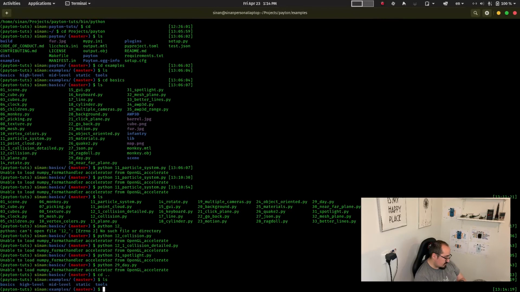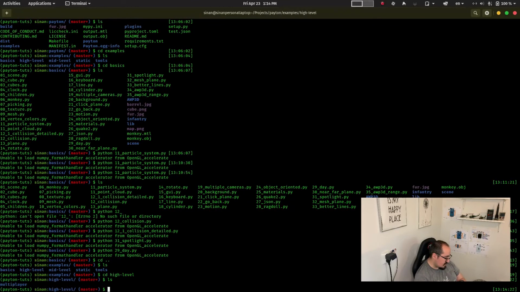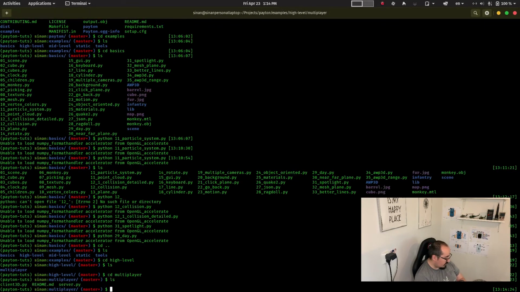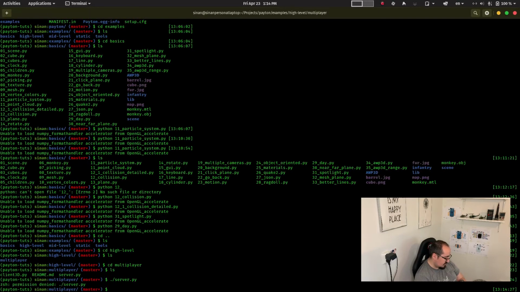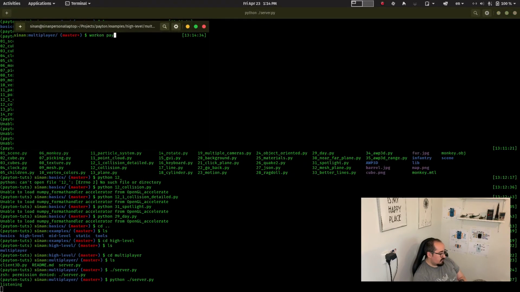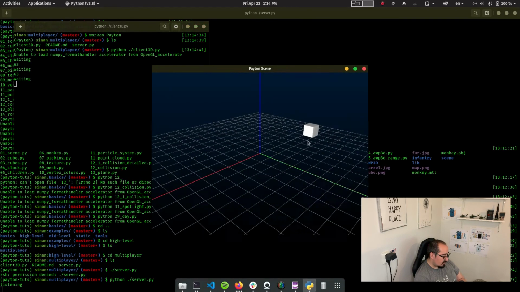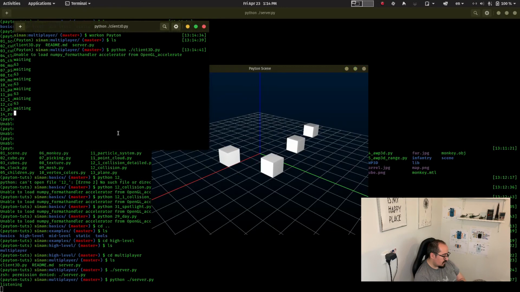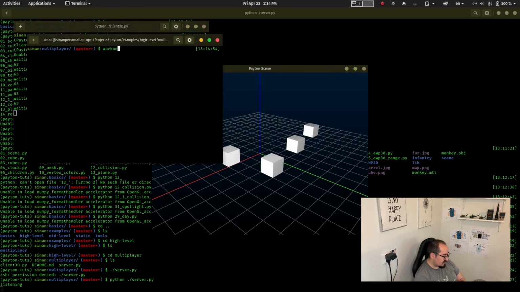So in the higher level examples, we have the multiplayer example, and let me just quickly run the server first. Yeah, it doesn't work that way, idiot. And it's listening now. And let's go ahead and activate our virtual environment, and let's run the client. So in the first client, let's create several cubes here, and let's fire up another terminal window, and let's activate the environment, and let's create another client, and this connects to the